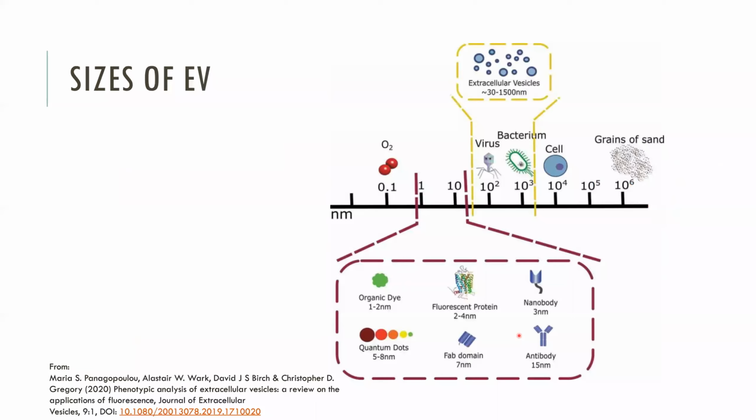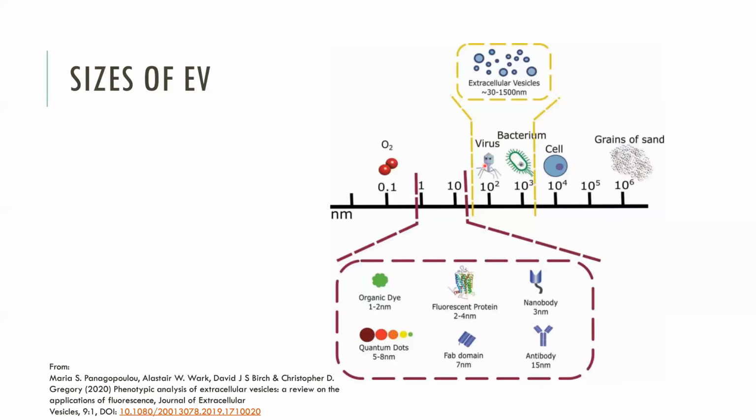So the size of EVs is always a little bit surprising. I liked this graphic from this very nice review by Maria Panagopoulou. What she's showing you here is a nanometer scale that runs all the way from molecular oxygen up to grains of sand. When we look at a leukocyte, then it would be about 10,000 nanometers, and bacterium at about